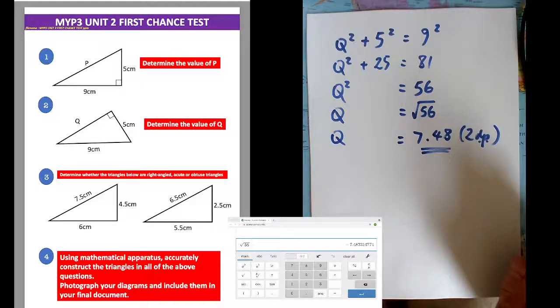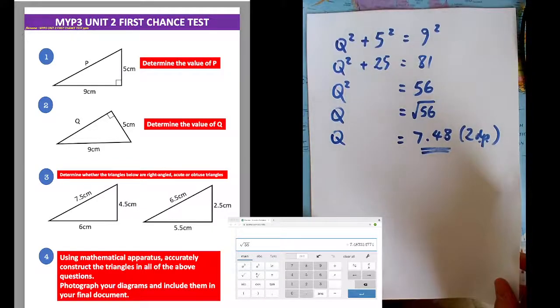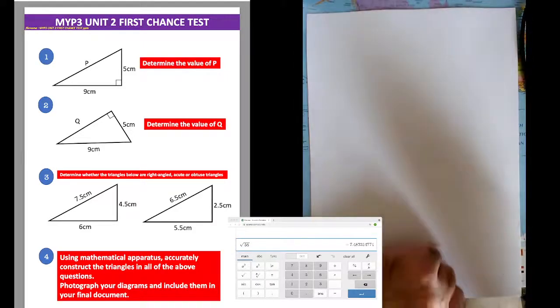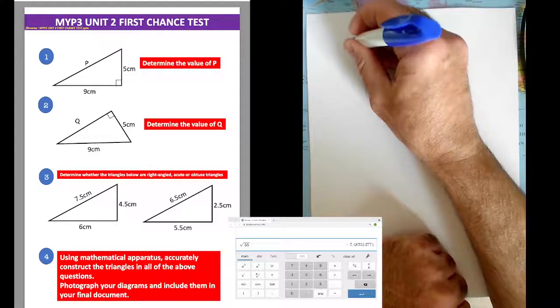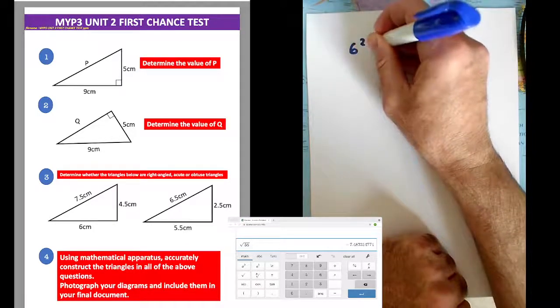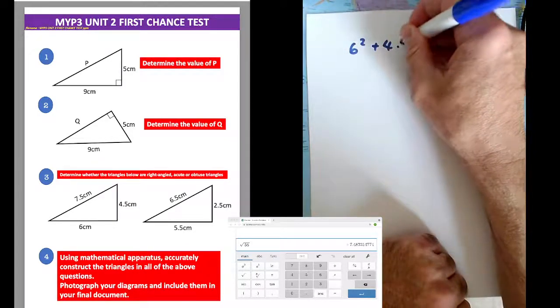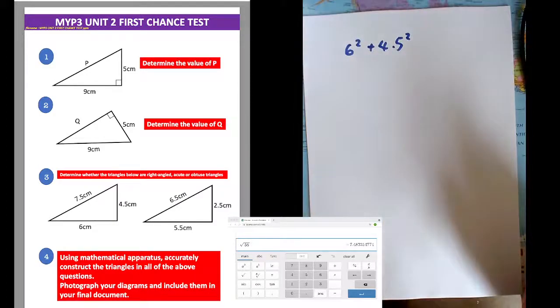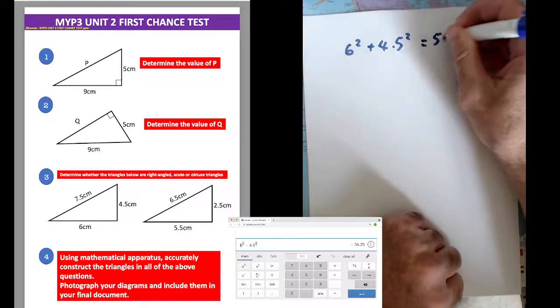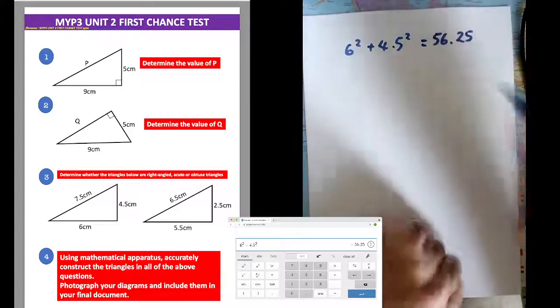Question 3. Determine whether the triangles below are right-angled, acute, or obtuse angled. Okay, so 6 squared plus 4.5 squared, that's the 2 shortest sides in the first triangle, is equal to, let's just clear my Desmos, so 6 squared plus 4.5 squared comes to 56.25,